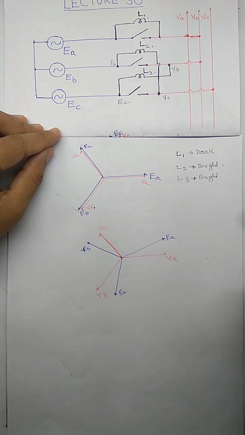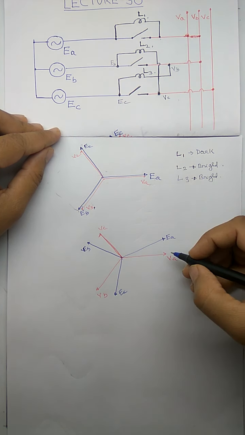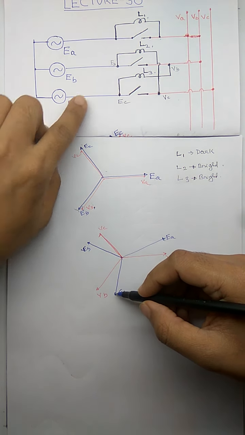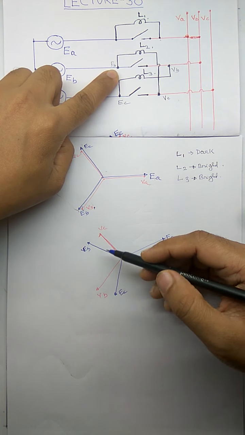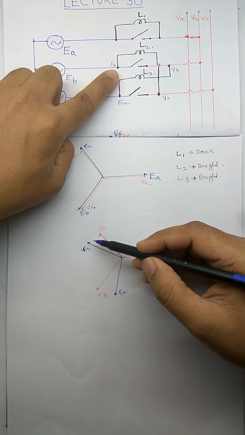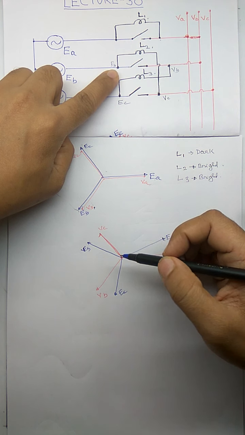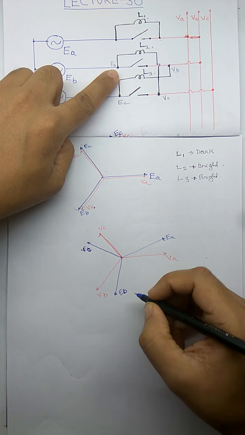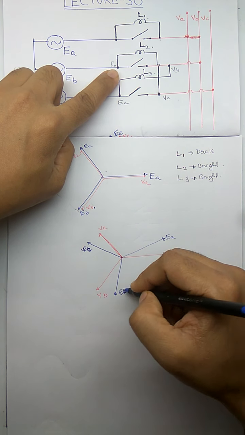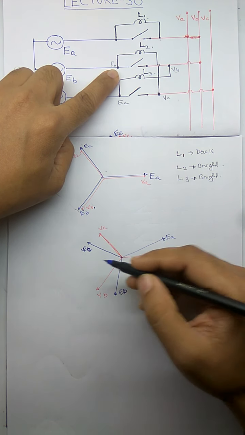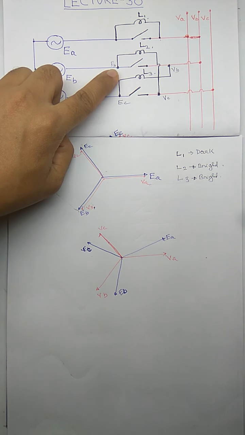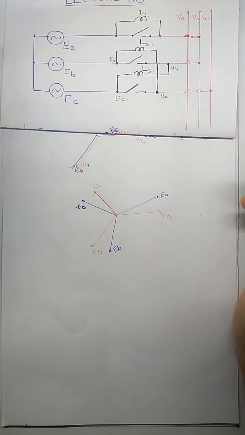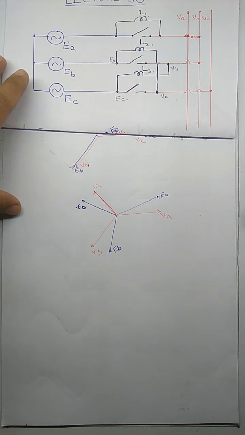So what will happen now? Now all the bulbs will glow, because between this and this there is a voltage difference. Between EB and VC there is a voltage difference. Between VB and EC there is a voltage difference. So all of these will glow. Now if this continues to rotate, that is if this difference in frequency exists for a finite amount